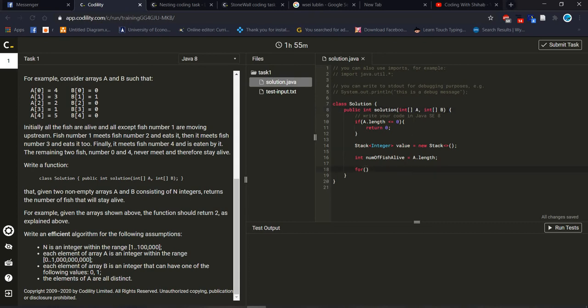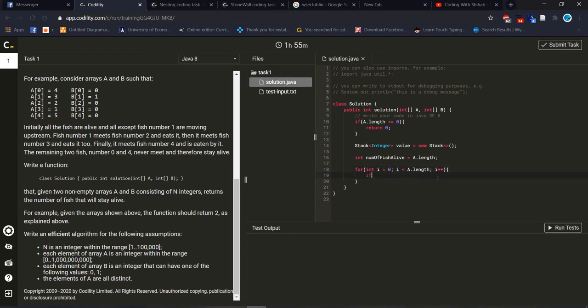So now I am checking the array A. Int i, then length of the array, i plus plus, which will increment one by one.